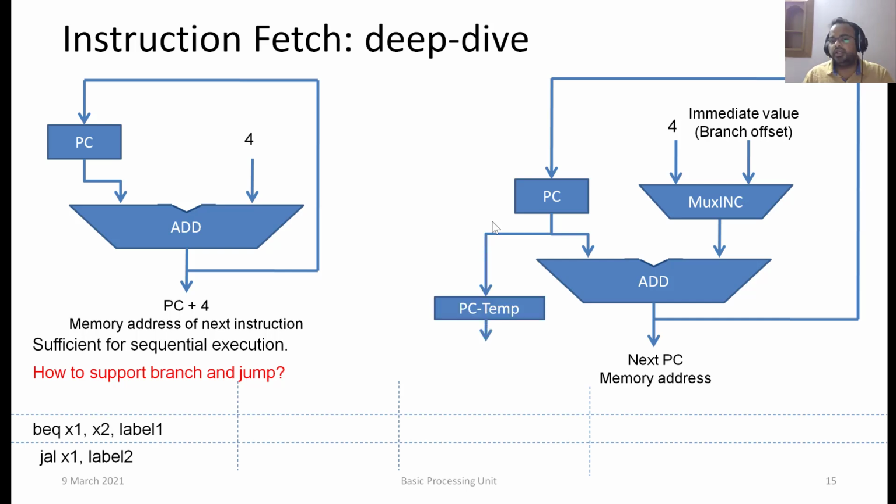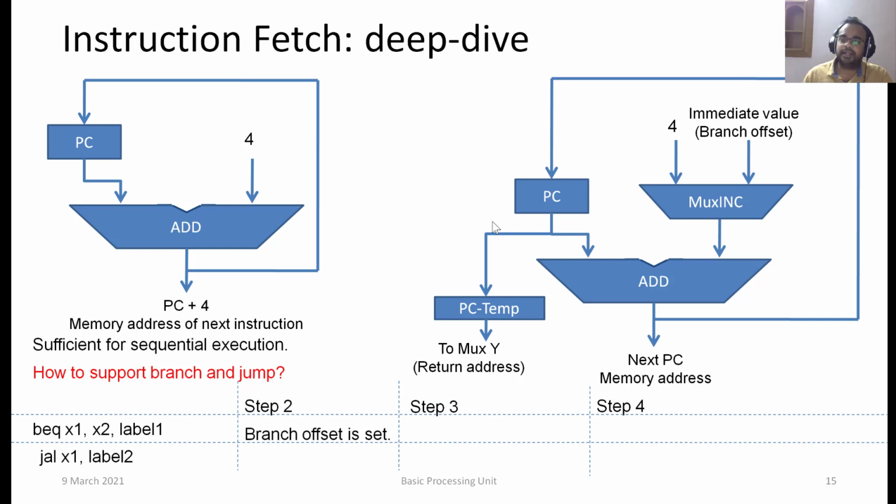And I'm also introducing a temporary register, PC temp, which would take a copy of PC. How we use this, we are going to look at as we go, and this would be the input to muxy that I mentioned earlier, the return address. So let's try to take it step by step. In step 2, the branch offset will be calculated, and at that time we'll also know that the instruction we are trying to execute is BEQ and the values in x1 x2 are ready with us. In step 3, the values in x1, x2 are compared within the ALU, and the ALU would tell us whether they are equal or not equal. And that would be the select line to the mux INC,